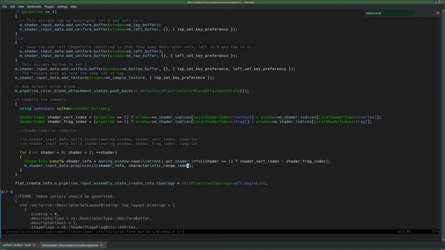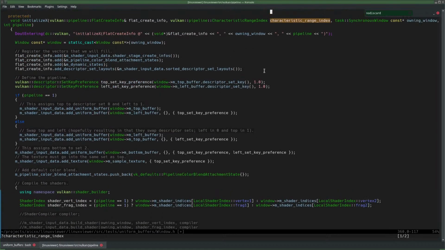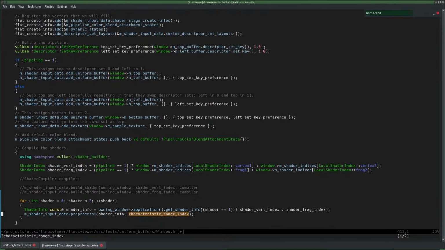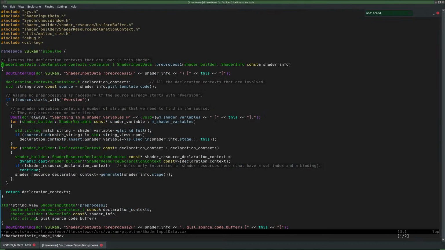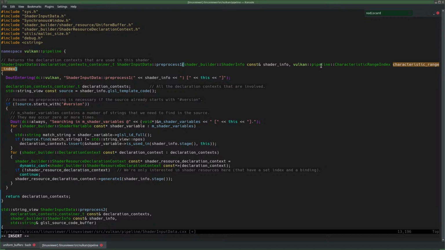Let's pass it on to preprocess 1, as a second argument. And then instead of having a local vector here,